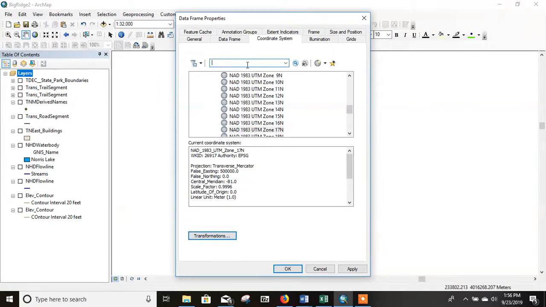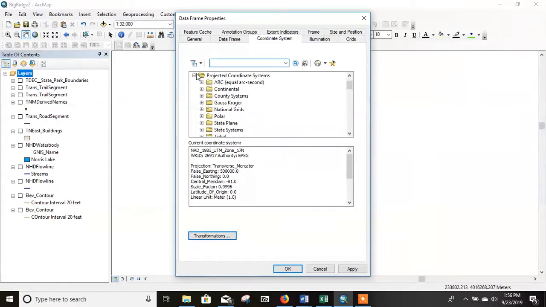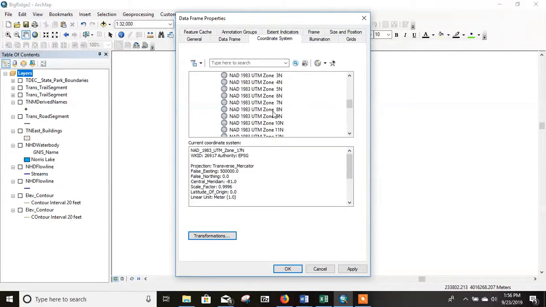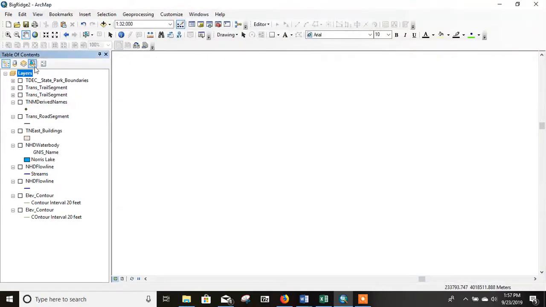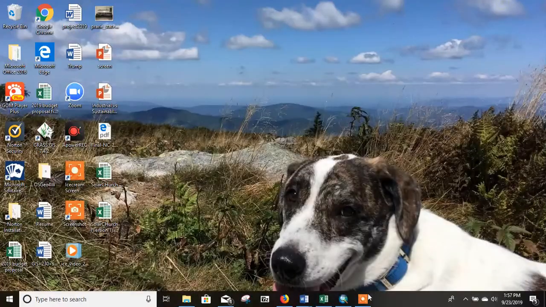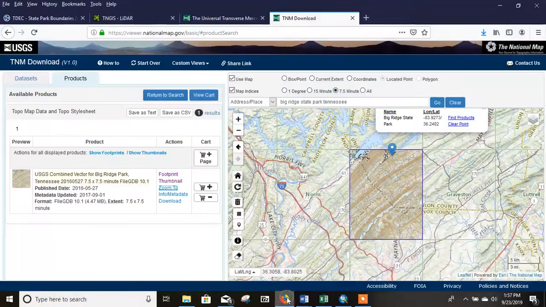Before I added anything into it, I used projected coordinate systems, and I scrolled down to something called UTM. I scrolled down to NAD83, and I scrolled down to UTM zone 17N, and you can see it gives you all this information. I set this because it's a very good projection for what I'm going to be doing. Okay, so I set that to begin with. Every layer I bring in will automatically be reprojected to that plane. And the reason I did that is